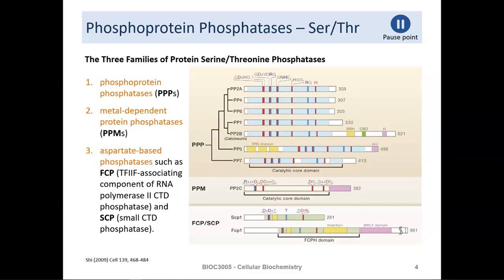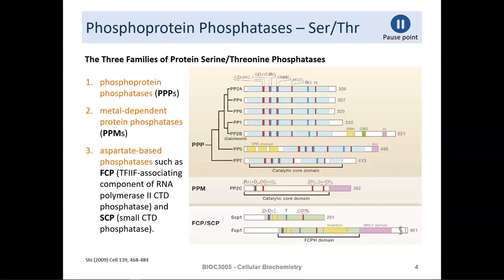These phosphatases do bind to metal ions, such as zinc or iron in the case of PP2B, even though they are not classified as metal-dependent protein phosphatases, like PP2C. These metal ions are thought to bind water and activate it so that it nucleophilically attacks the phosphorus of the phosphoryl group of a phosphoserine or phosphothreonine residue.